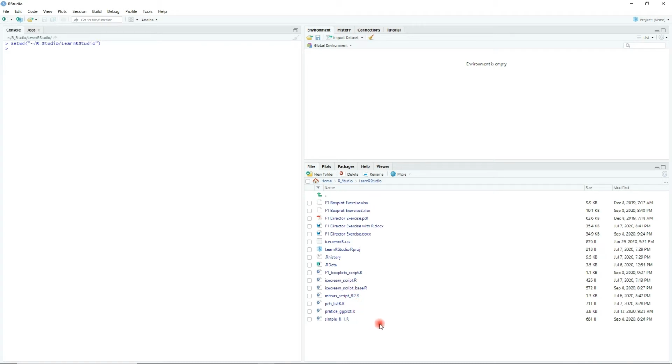I have a bunch of different files here. I'm going to use a few of them. And then to make sure that everything is going to work properly, you're going to draw the files from the right place. You set as a working directory. So the very first thing that I'm going to do, I'm going to pull up the script that I have already written in R. And then we're going to walk through that. So here's my script, F1 Boxplots script R. By simply clicking on it,